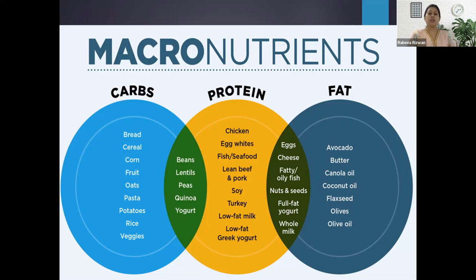We get carbohydrates from our daily routine diet, like bread, cereals, corn, oats, pasta, rice, potatoes. And proteins, for example, from meat, egg white, fish, beef, red meat, and yogurt. Yogurt is a good source. It has a lot of minerals and proteins, carbs, fats, vitamins as well. And the fat sources come from butter, avocado, oil sources like coconut oil, canola oil, flax seeds, olives, olive